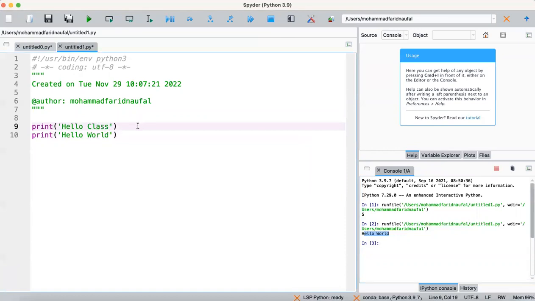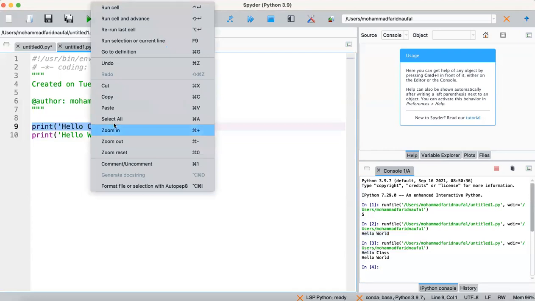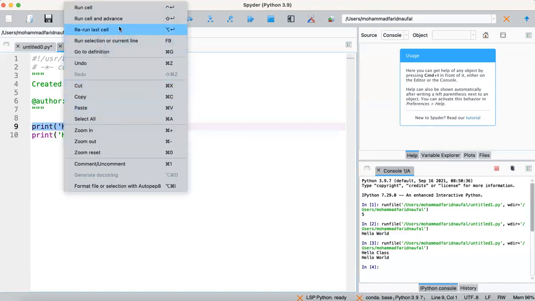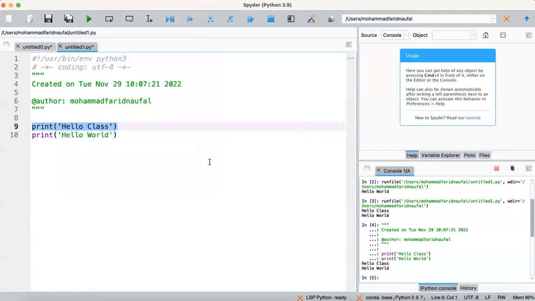if we want to run only this line, you can just go to this line and press the play button. It will, oh sorry, it's not. Actually, it's different from Jupyter Notebooks. If we want to run this Python file, it will run all of the lines in our code. This is not command line programming, so we can just type our code here, and if we press the play button, it will run all of the lines in our Python file.